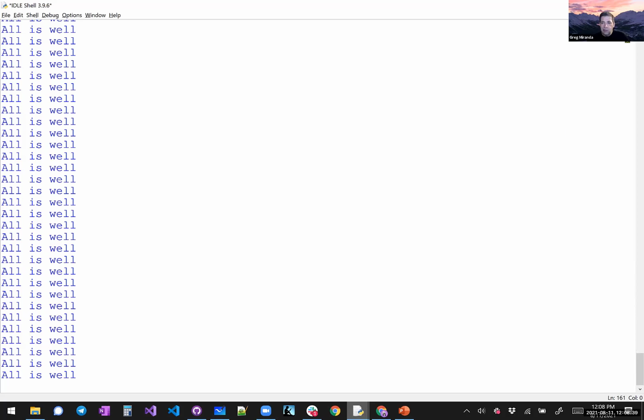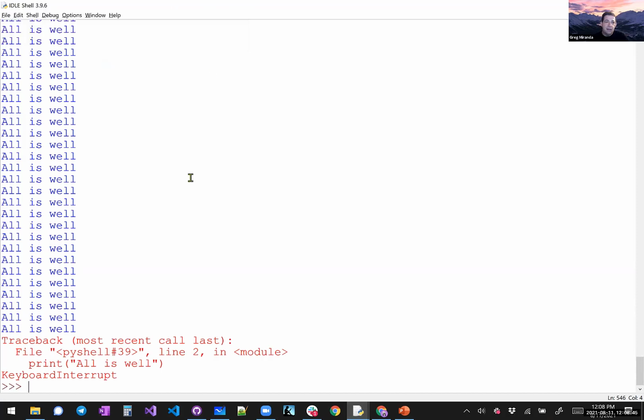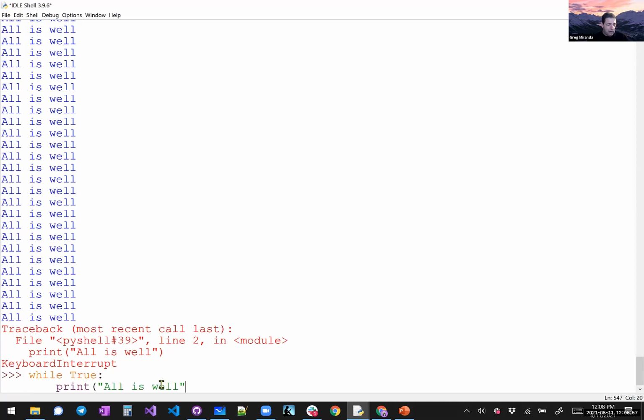And obviously I could close IDLE, but Control C is the command that causes the keyboard interrupt. Control C will actually almost kill any command line program, including Python programs. And so Control C is how you stop a runaway loop. But let's run it again. But before I run it again,